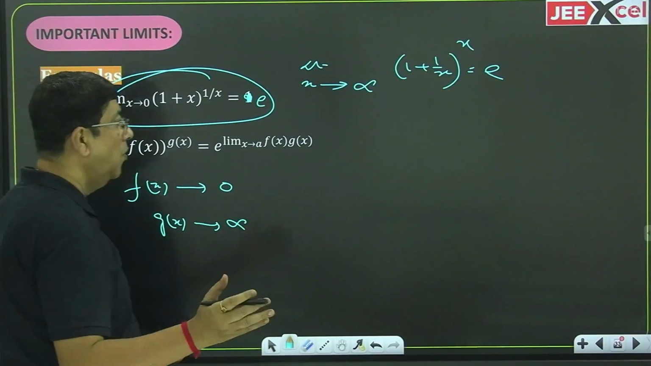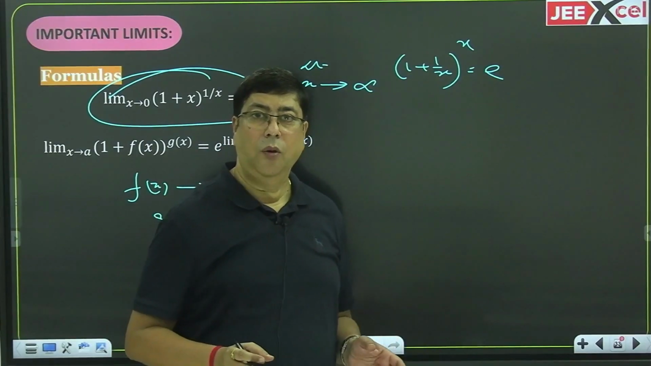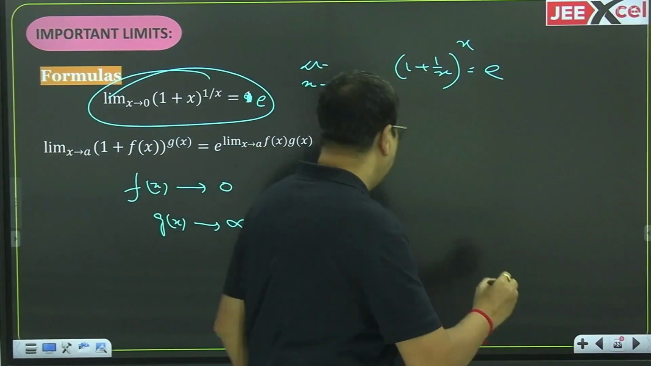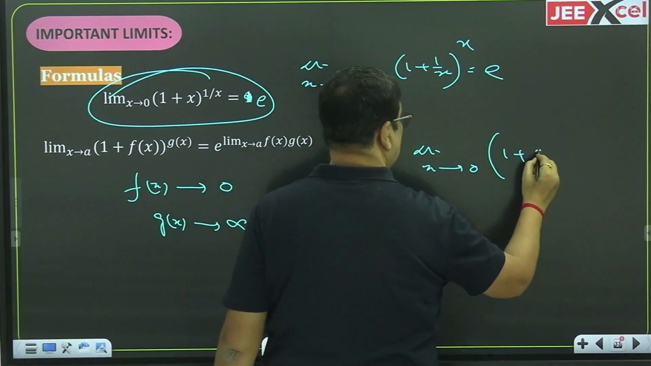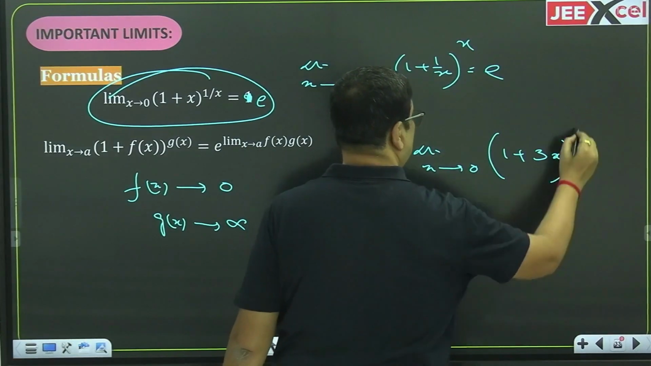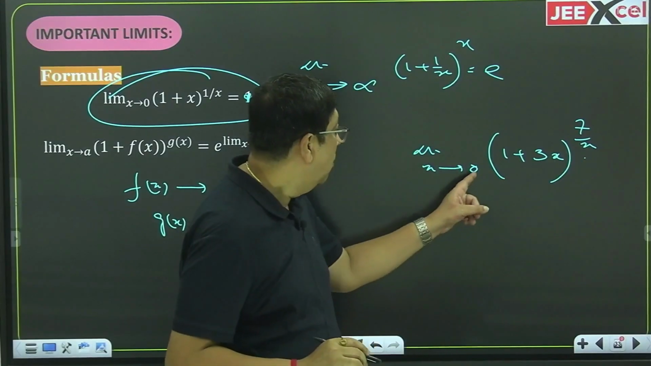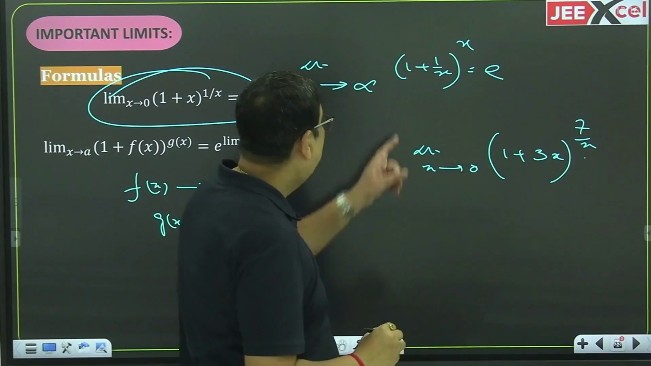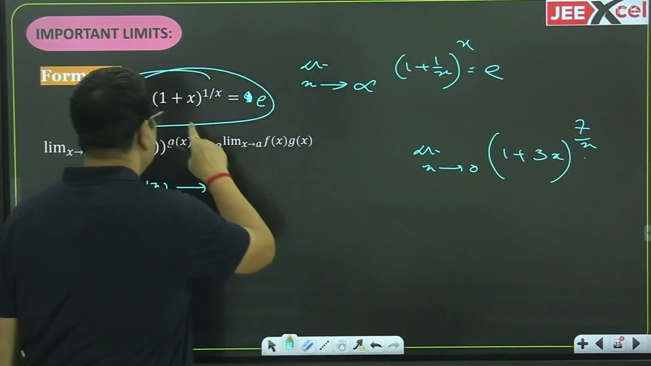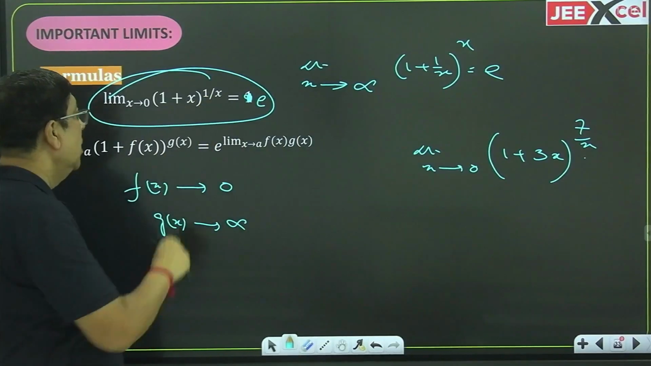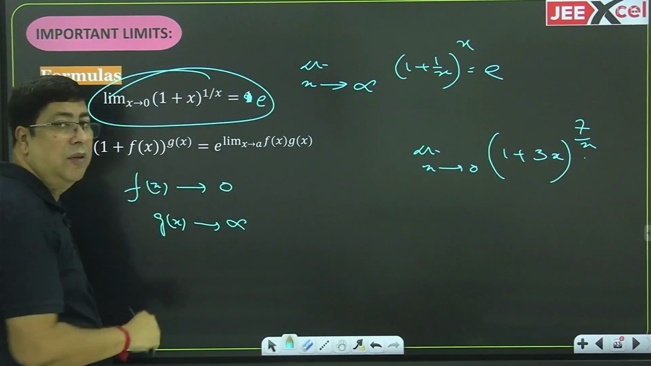So same concept, this is the concept of 1 to the power infinity. Okay, so let us apply. For example, limit x tend to 0, 1 plus 3x whole to the power 7/x. See how it is applied. First of all I am applying this formula. This and this should be same, this should tend to 0, and these are same, then only